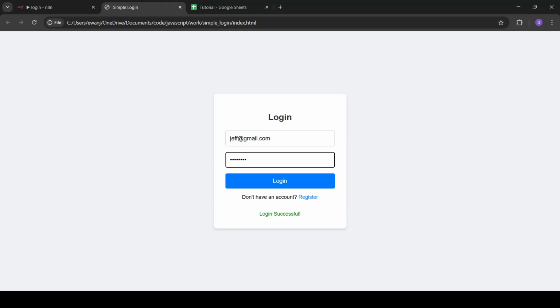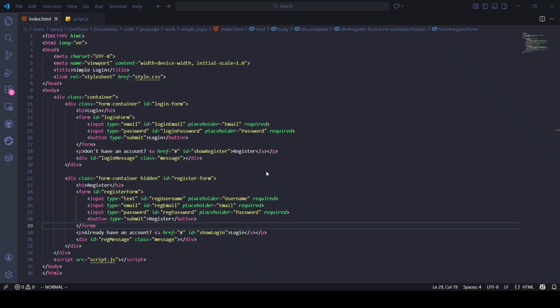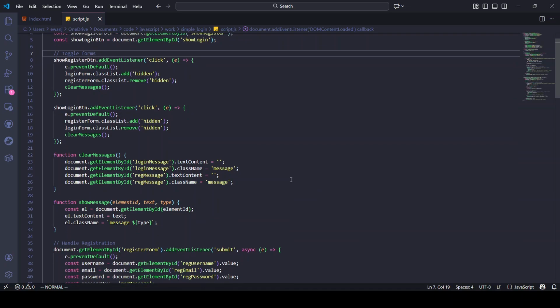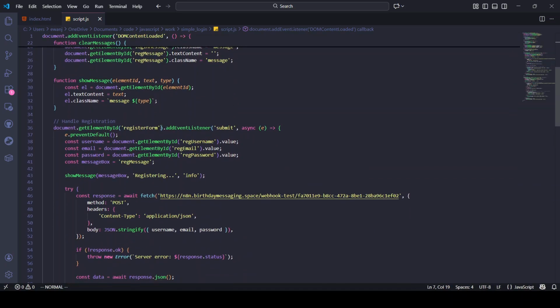Now, how does this work? It's actually really easy. So, if we look here, we run a script. It's just some simple HTML. And here under the login function, a register function, this is the register function, you just send a web request to this URL,